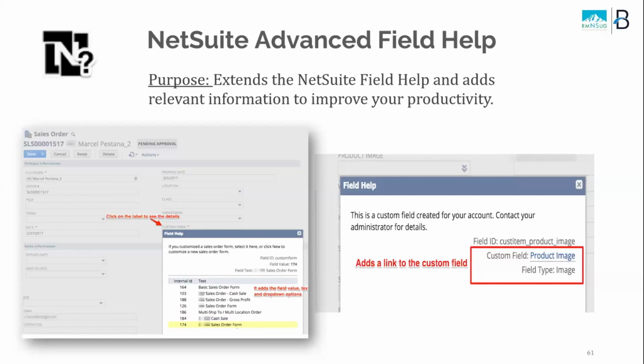So NetSuite Advanced Field Help. The purpose of this one is it extends the NetSuite field help and adds relevant information to improve your productivity. As soon as you click on a field, it'll show the normal field help, but then there's an extension below it. And this will show you the internal ID of the options in that selection path. So helpful to get that. And then it also adds a link to the custom field so you can go right there. Super helpful. Just a little bit more information when you're clicking on that field help